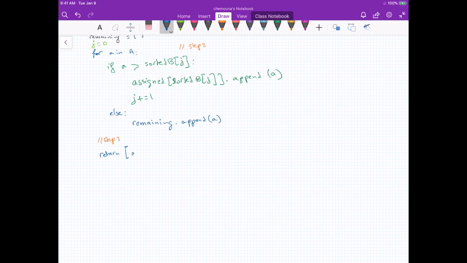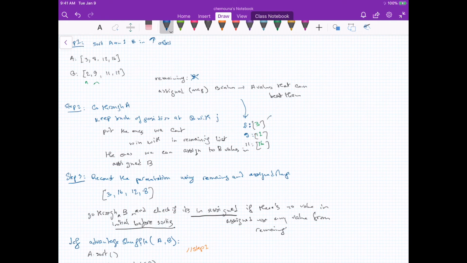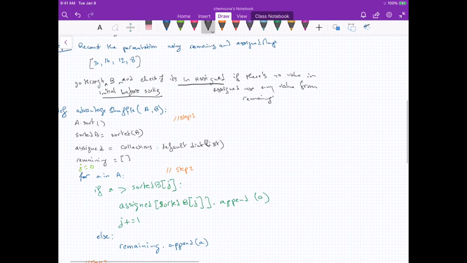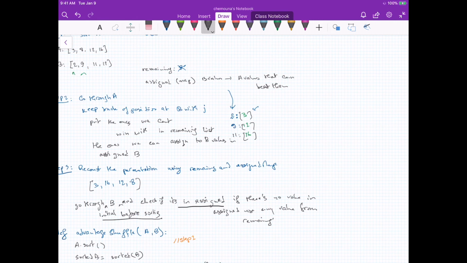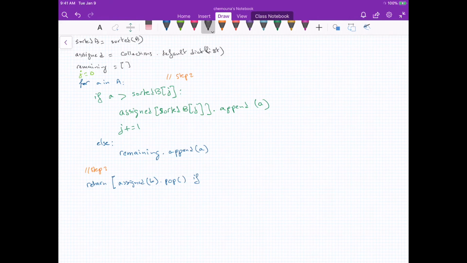So we want to get the value of assigned B. Since it's a list of one element, right? If there is a value, we can just pop that element, right? And this is, of course, only if there is a value, so assigned B. We could also do something here. Let's say, for example, we could check instead that the length is 1, right? Because if there is a value, then the length would be 1. If there isn't, the length would be 0, because the default is list. So we could say if,